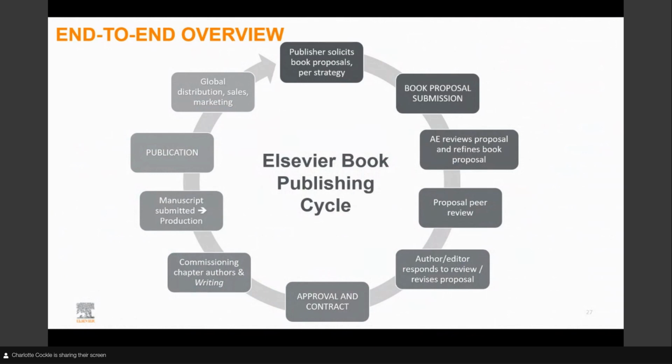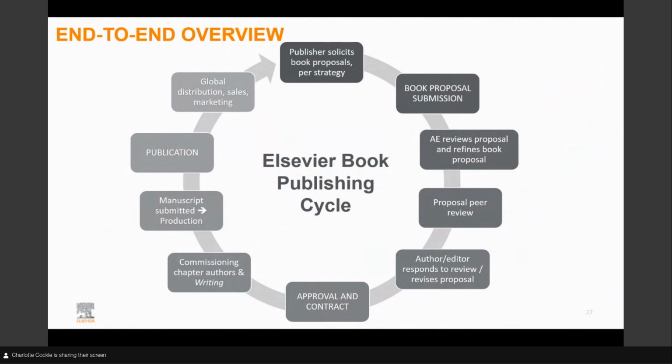occurs throughout the year. We are also happy to review unsolicited proposals, but regardless of where the proposal comes from, we evaluate it carefully before determining what to do next. Once the proposal is refined, it is sent out for external peer review. These scientific experts provide feedback on things like the table of contents, the tentative contributors, and the editor team. We anonymously collate this feedback and provide it to the editors so that they can further strengthen their proposal. The final proposal is submitted to our internal editorial board for approval, and once approved, we offer the editor team